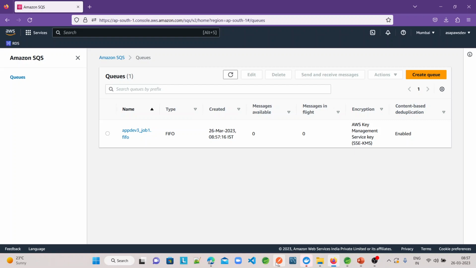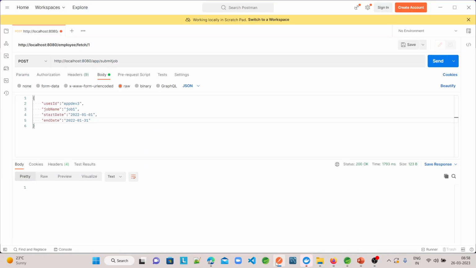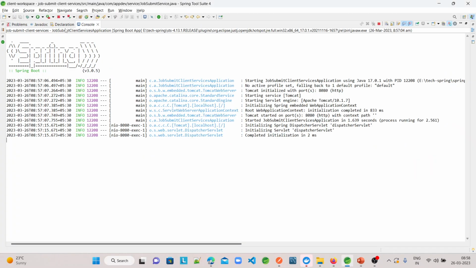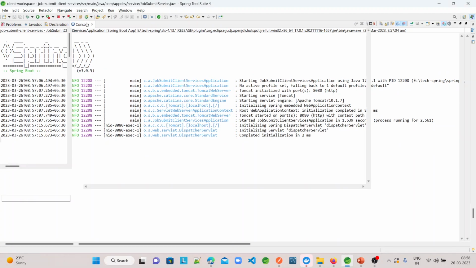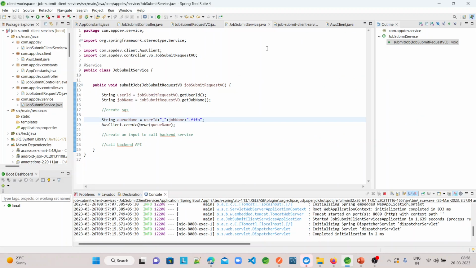We will use that backend service to push messages to SQS. But before that, we also have to submit the job to the backend. Once the backend job is ready, then we will submit that backend job from the middleware after the SQS is created here. So here we created an SQS, so we have to prepare a job submit